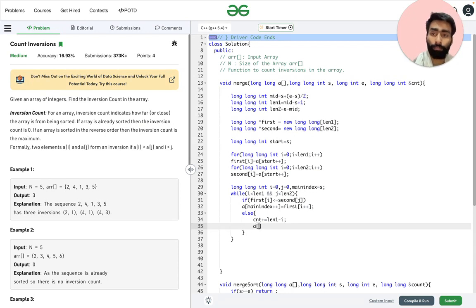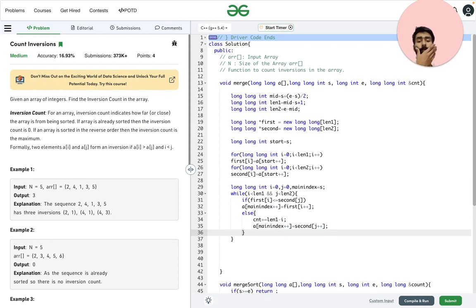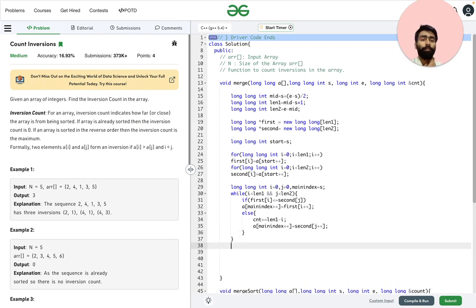Now we need to add the second also. So second, and now we need to increment its index. And once any of the two parts of the array gets completely filled into the array, meaning no more elements of that are left to be filled, in that case we will add the complete rest.